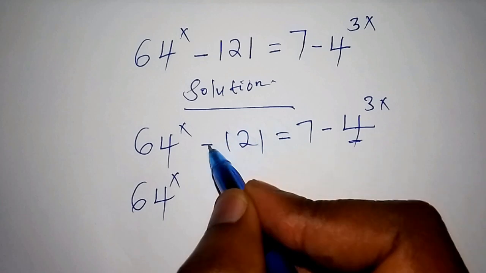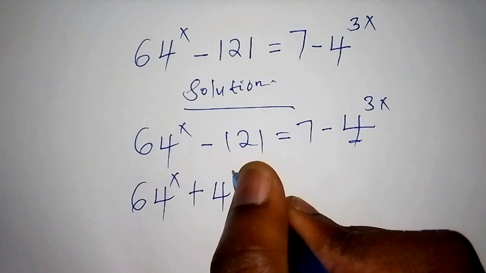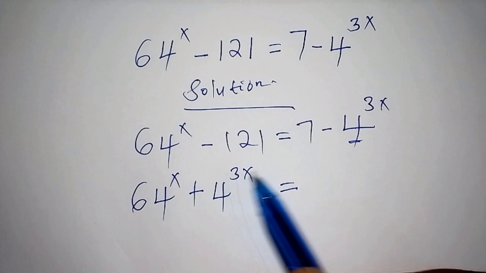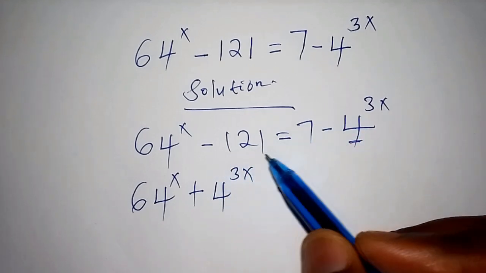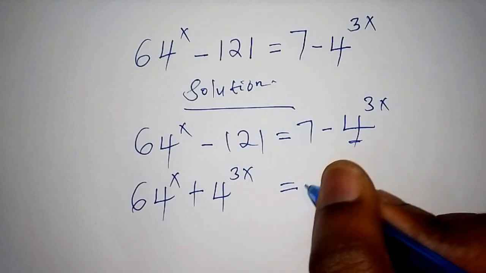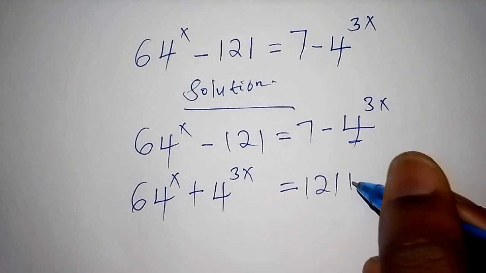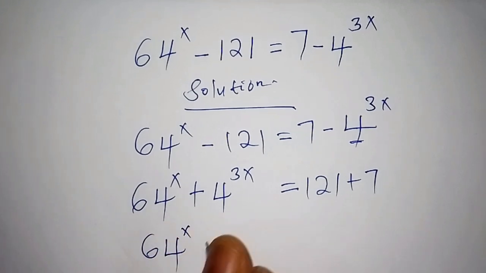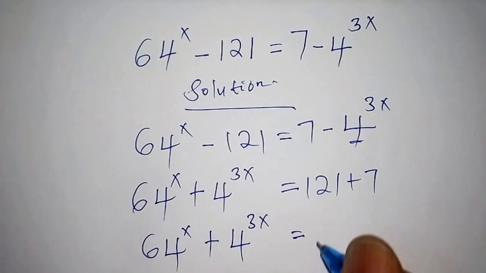When it crosses the equal sign, it shall be plus 4 to the power of 3x is equal to 121 and 7, which are the constants. We need to cross negative 121 to the other side, so it becomes plus 121. Then we have 7, so plus 7 because 7 is positive. When you work them out together, there remains 64 to the power of x plus 4 to the power of 3x is equal to 121 plus 7, which now becomes